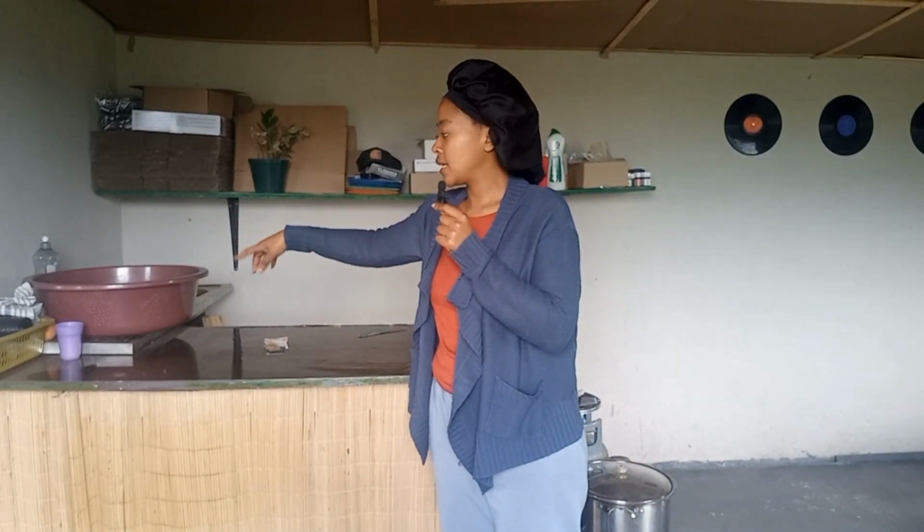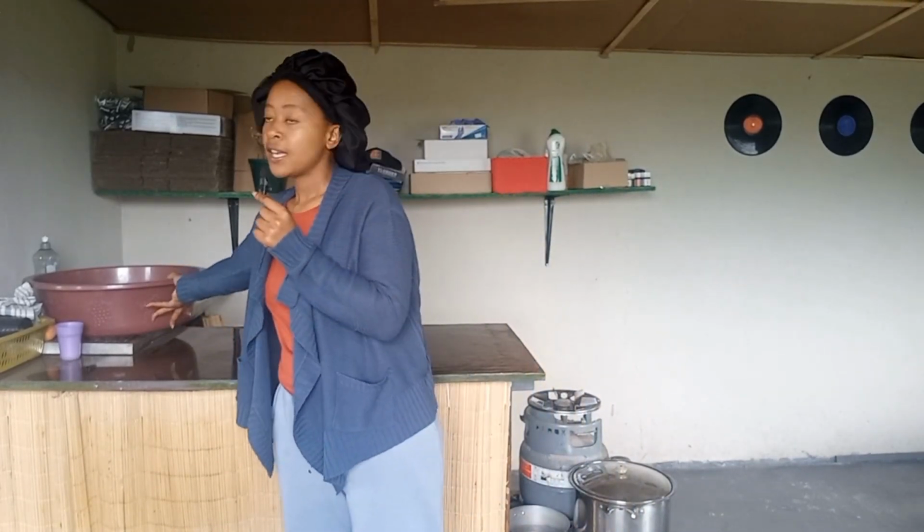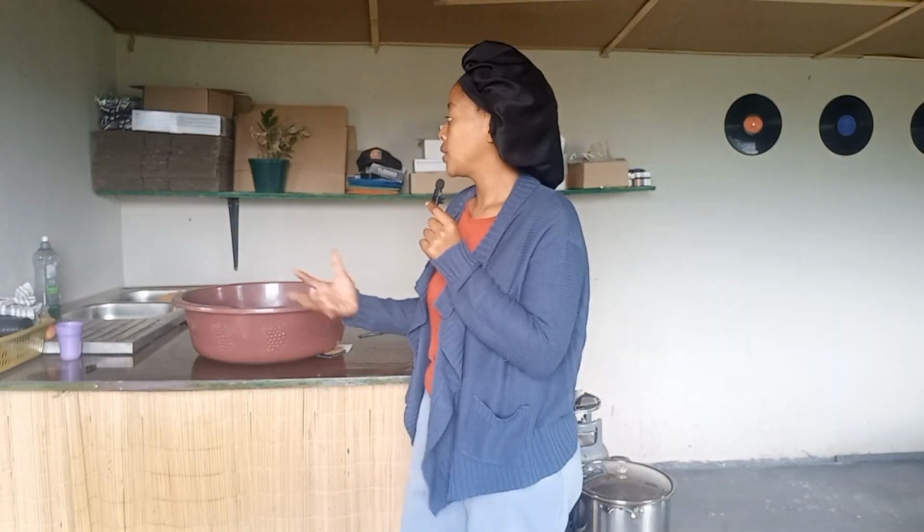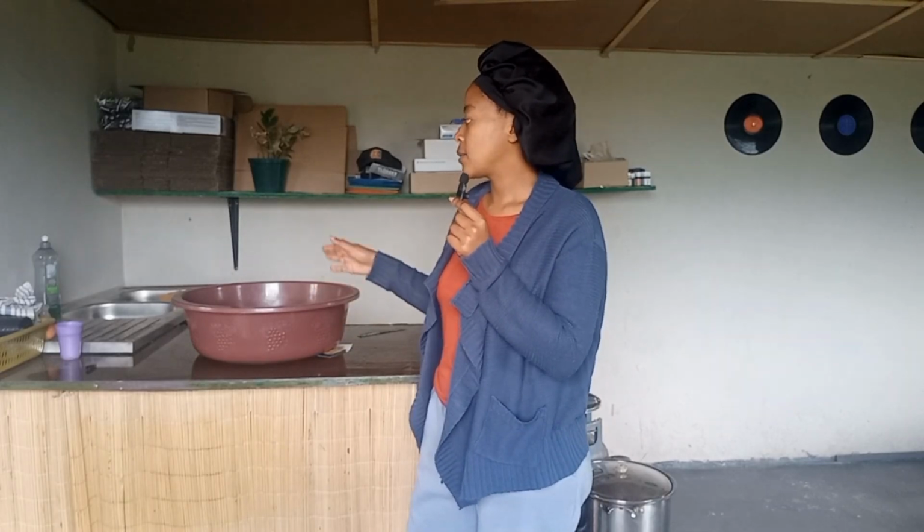And then there is a basin over here, I don't know if you can see it. It's a double basin. It's not installed yet, it's just sitting over there, but I put these bowls on top of it. I put them on both sides so that I can wash my dishes, and it still feels kind of installed. It's just a bit more labor intensive because I have to get the water with the 20 liter